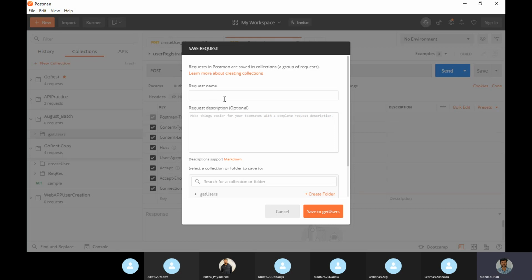Okay, to organize everything very well, I created folders. Now under that API endpoint get users, whatever test cases I am going to have, all of them I am going to create here. Now here I am going to create the name of the test case.